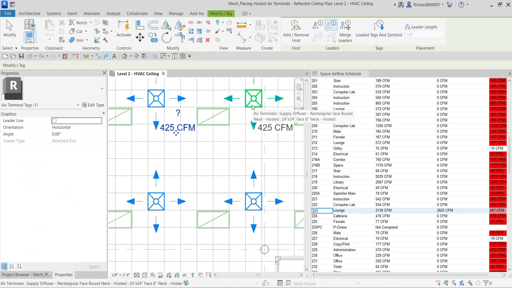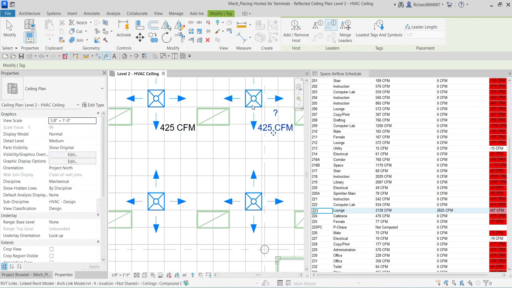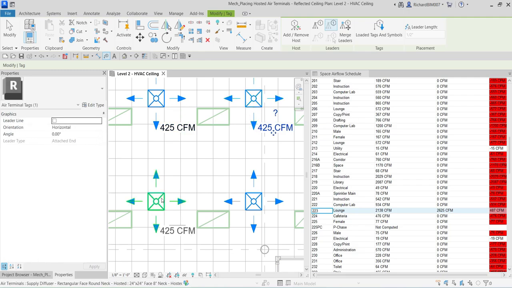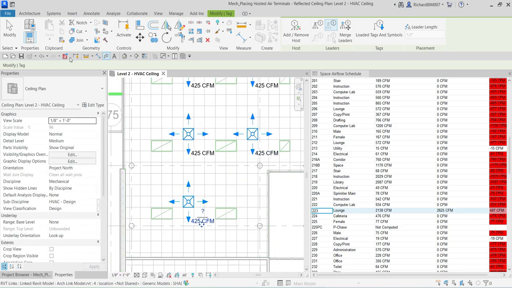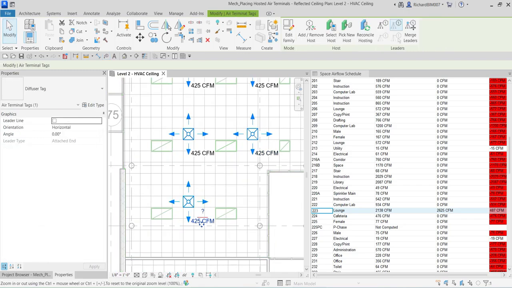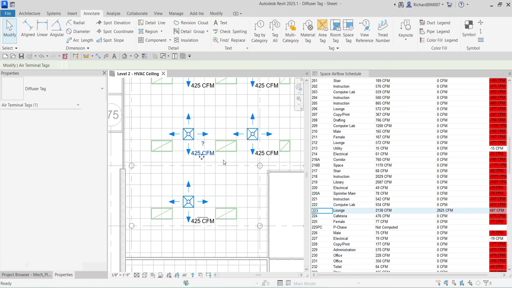Okay, so I'm going to pick. So I'm going to place another one here. Okay, and then I'm going to place one here. So let's tag our air terminal. Right. So if I'm going to select this, and then I'm going to edit the family to see the tag